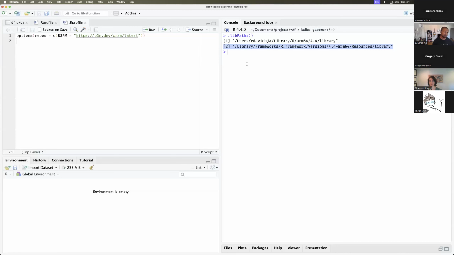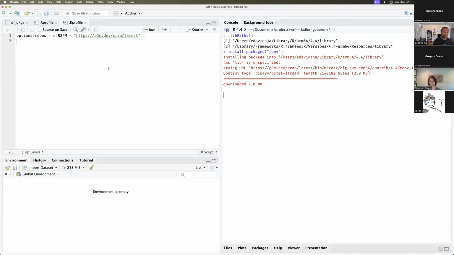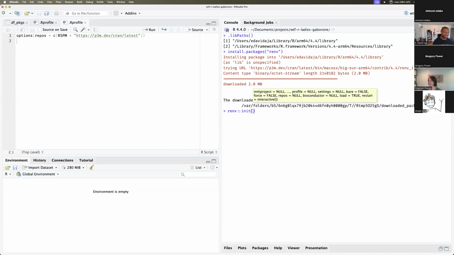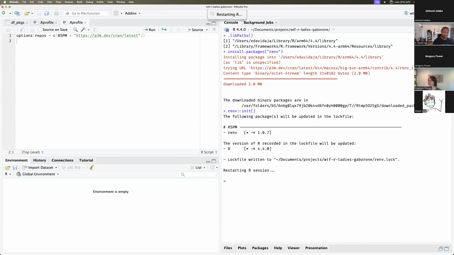What I'm going to do to create an isolated project library instead is first install the renv package, and then run this function, renv::init. So I'm going to initialize renv, and a couple of things are going to change about my project. So the first thing you'll see